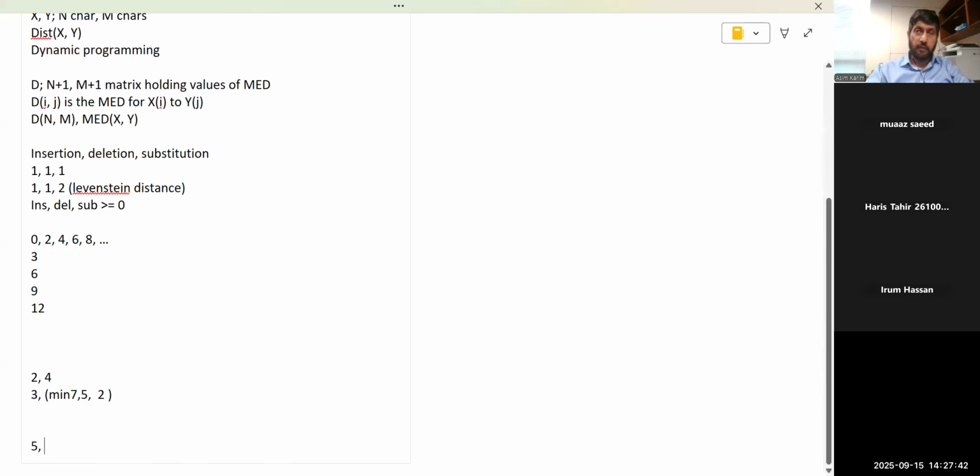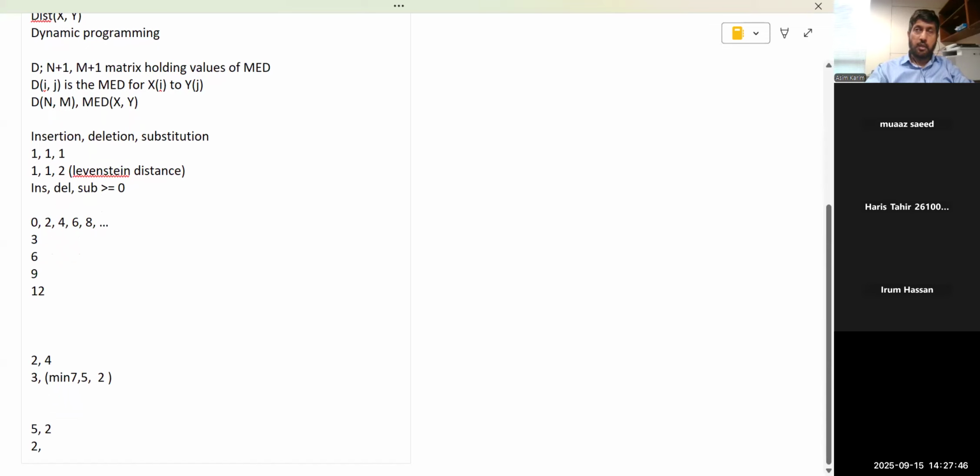सो वी नीड टू बी वेरी कैरफुल। इस तरह का, लेट्स से सिनेरियो है 5 और 2 है, और इधर है 2। इन दिस केस लेट्स से अब डिलीशन या सब्ट्रैक्शन से वैल्यू थोड़ी आएगी। लेट्स से बाय द वे दे माइट बी टाइज एज वेल। जब टाइज होंगी तो दोनों ऑप्शंस अवेलेबल हैं। इंसर्शन से भी वही आंसर आ रहा है और सब्स्टिट्यूशन से भी वही आंसर आ रहा है। सो यू कैन फॉलो बोथ पाथ्स एंड बोथ पाथ्स आर वैलिड।